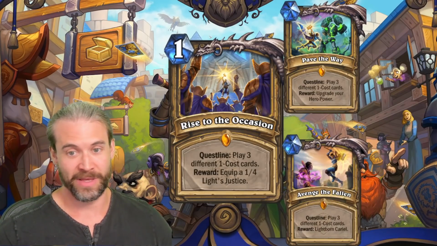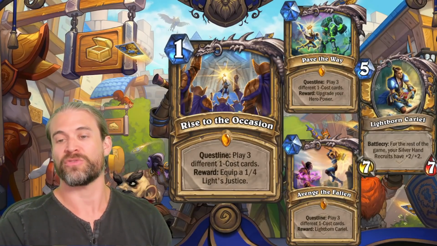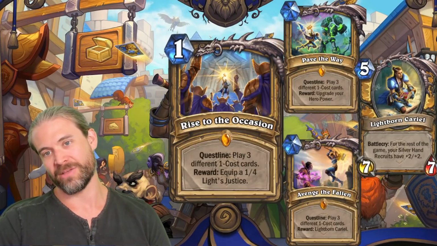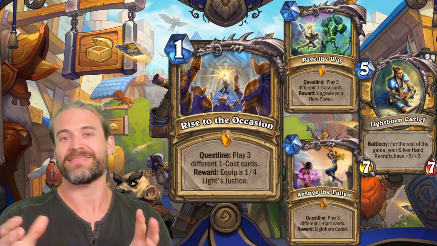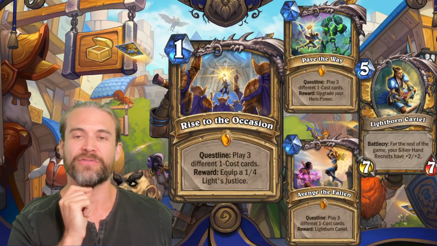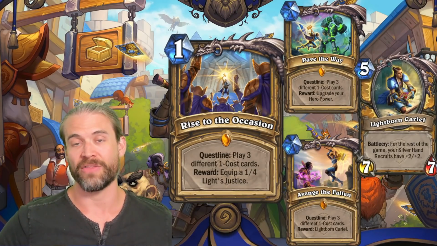After that, it is play 3 different 1-cost cards, and you get Lightborn Cariel, which is for the rest of the game, your Silverhand recruits have +2/+2. So this is a very interesting card, because you clearly want to play a ton of 1-cost cards. I played against a number of people who were using this card during the Theory Crafting stream, and frequently they failed to complete their quest in a timely fashion because they had so many other things in their deck